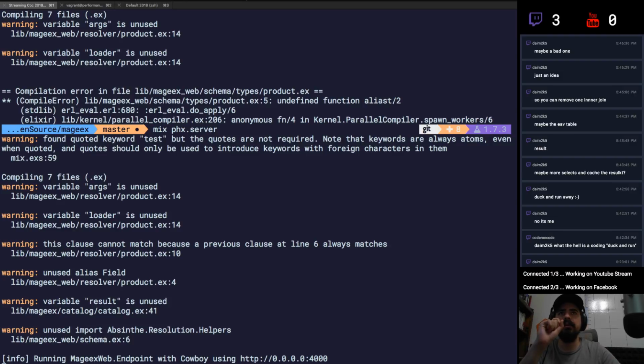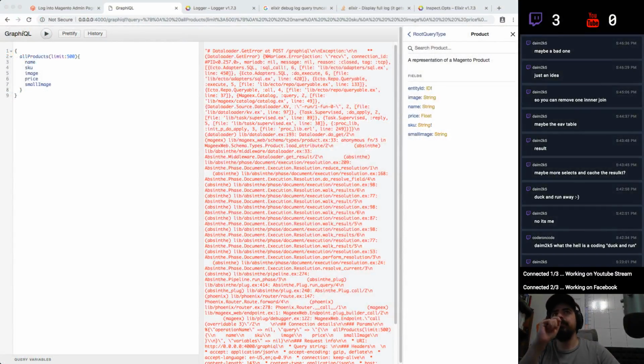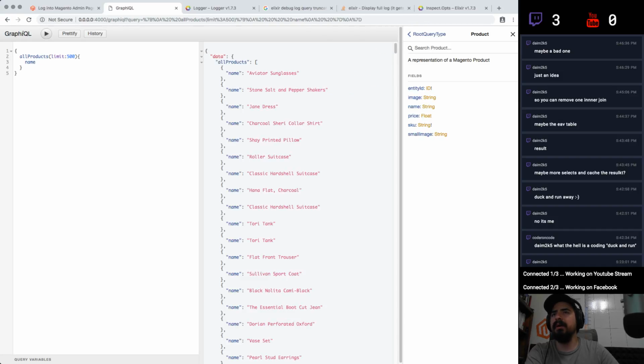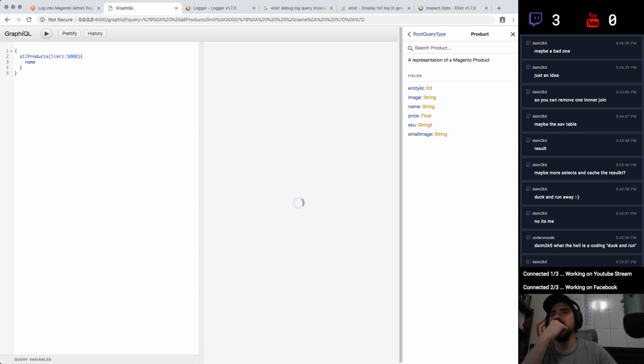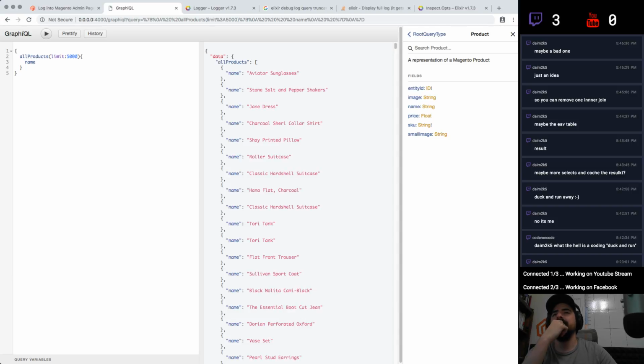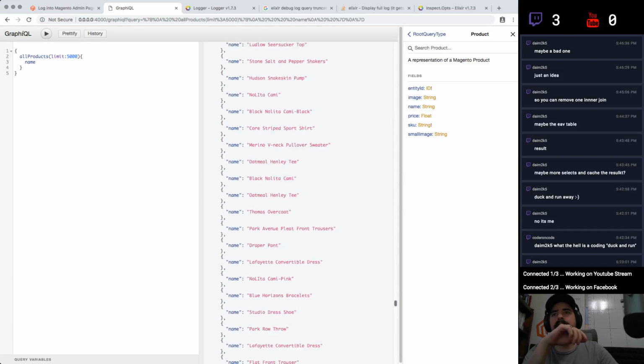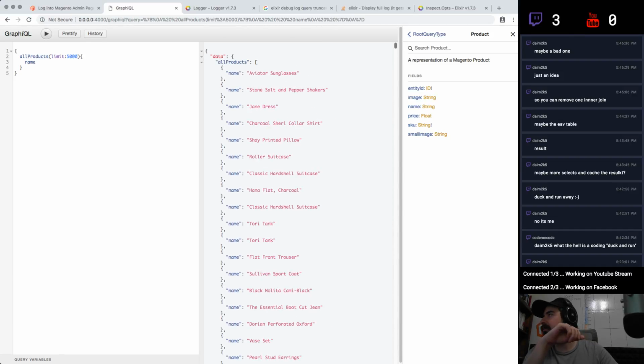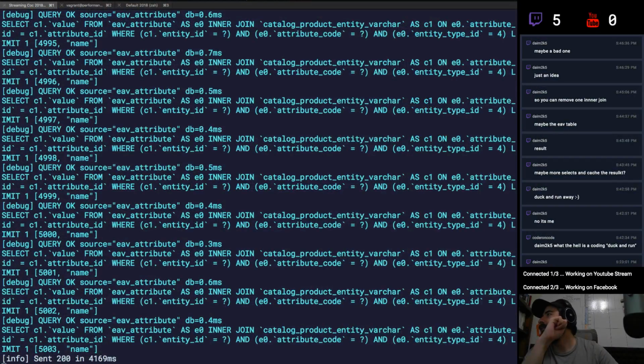Okay, we're running. And I'm just gonna remove the other attributes. I'm gonna leave name. So if that works correctly, that means that we have, yep. So that's 500 products. What happens if we try 5,000? Yep. Works, it's just ugly and inefficient. Because if we look at what the backend is doing right now,